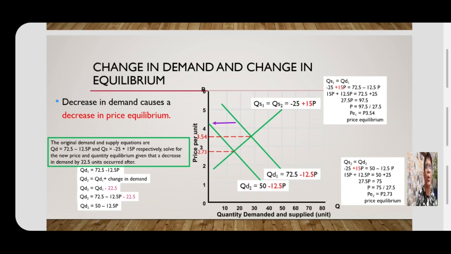Now, since there is no change in supply, QS sub 1 is equal to QS sub 2. And if we are now to solve for the original price equilibrium, we have to equate QS sub 1 to QD sub 1. And so we have negative 25 plus 15P equals 72.5 minus 12.5P. Bringing all those terms with P to the left side of the equality sign, we have 15P plus 12.5P. And bringing all those whole numbers to the right side of the equality sign, we have 72.5 plus